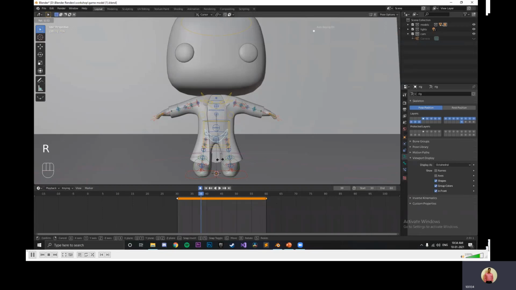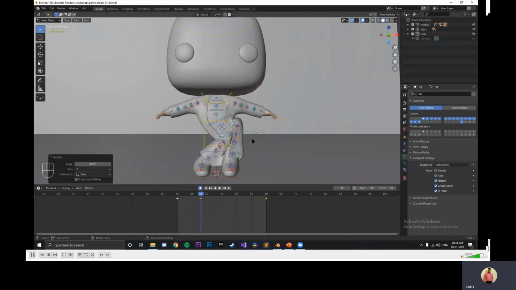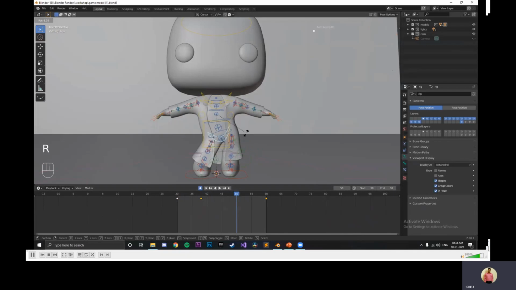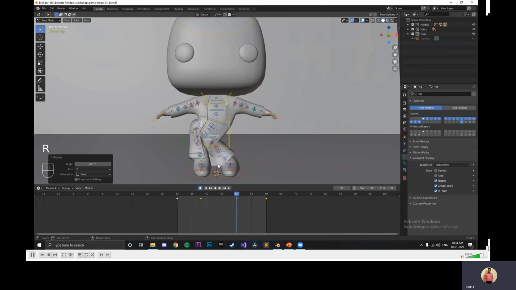So I press R with the hip bone selected, and move it till here. A keyframe has been created. Now over here, I will make another keyframe by pressing R and putting them here. Now between the keyframes, Blender will know how I have animated.